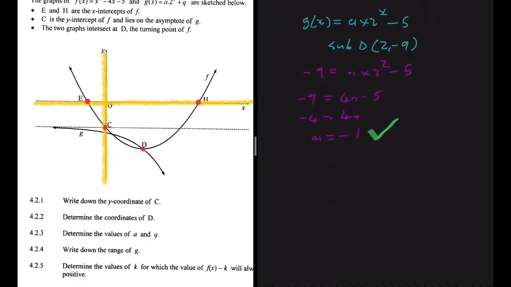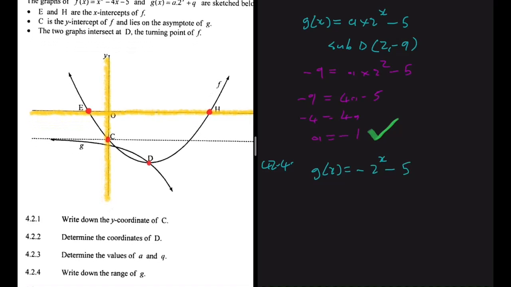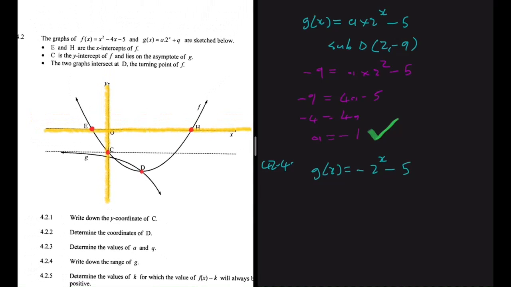Let's do 4.2.4. So 4.2.4 is saying that let's write down the range of g, right? So we have g of x being equal to minus 2 to the x minus 5, and we're supposed to determine the range of the graph, right? We can just easily look at the sketch here, right? Because as you can see, the y values will never be greater than minus 5, right? They actually never touch there. The y value gets infinitely closer to minus 5, but then it never really touches minus 5,